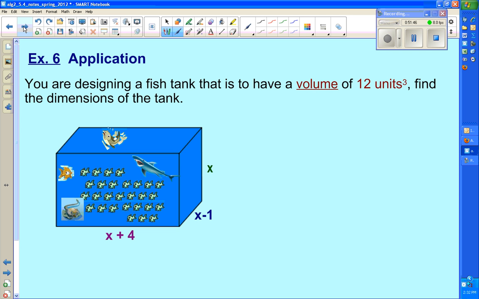Okay? And the last one is where we have a variable in the application. We have a volume of 12 units. Find the dimensions of the tank. This one becomes a real cluster to begin with. How do we find the volume? What should I plug in for volume? Equals